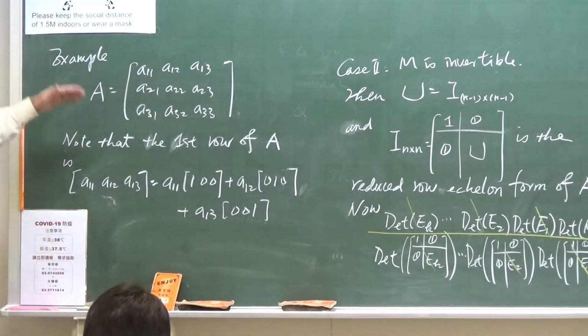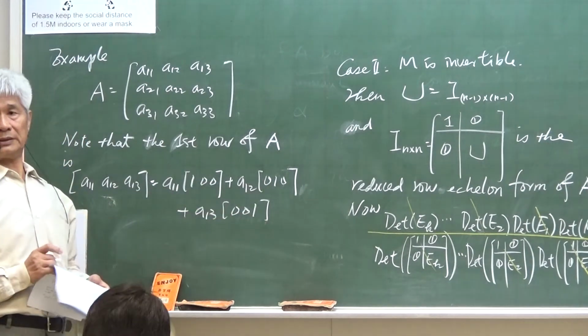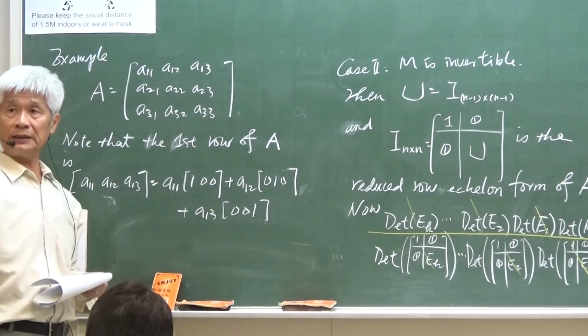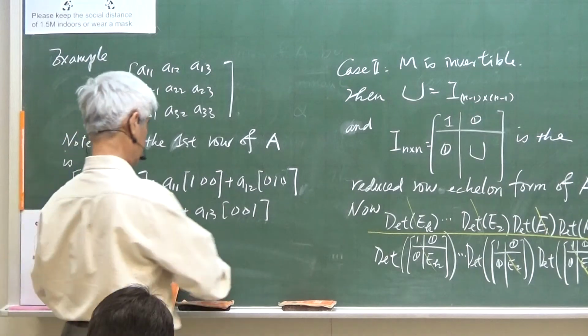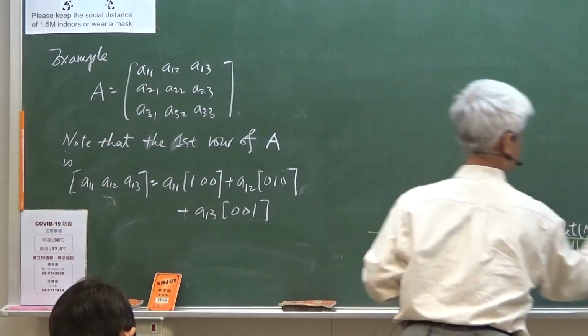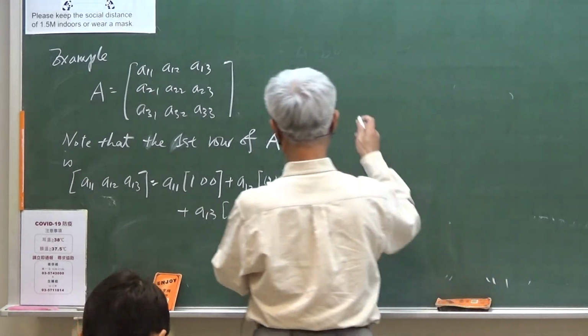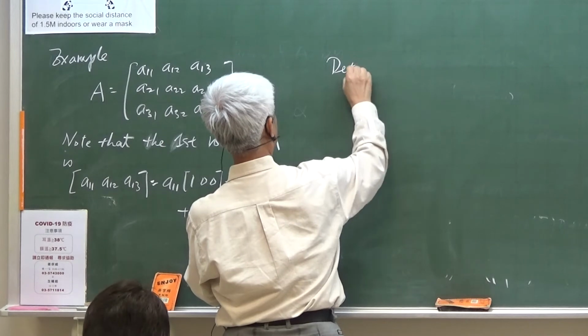So the first row is a linear combination of 3 row vectors. So by linearity on the first row, the determinant of A